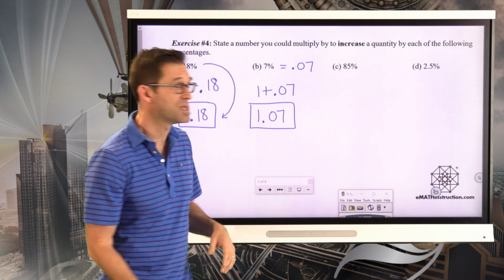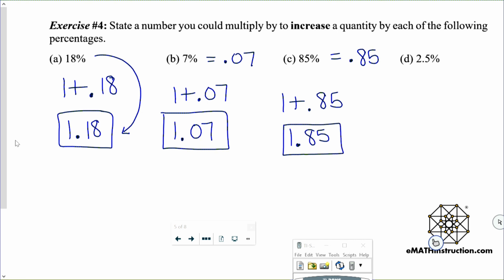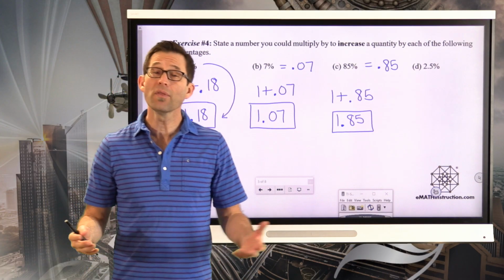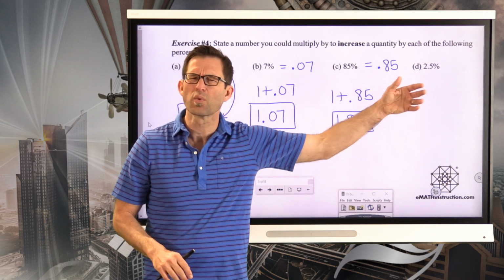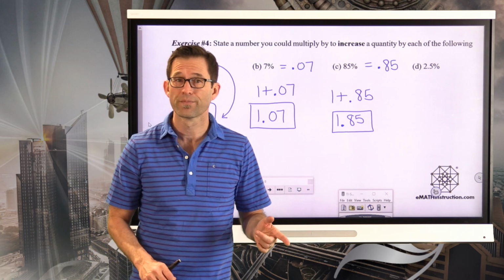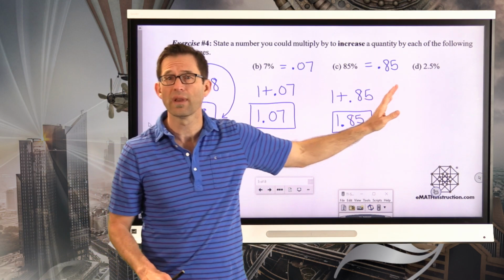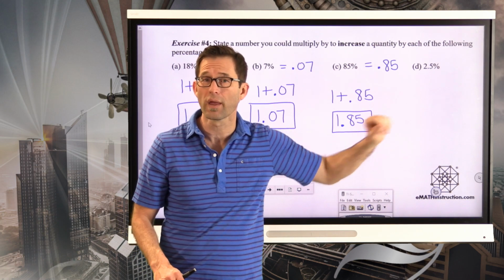85%, that's pretty easy, right? 85% as a decimal is 0.85, and therefore I could multiply by 1 plus 0.85, or 1.85, to raise it by that amount. Now, maybe the hardest ones are things like 2.5%, 3.25%, whatever. Now, if that's a struggle for you, if you put down 1.25, which is the wrong answer, what I